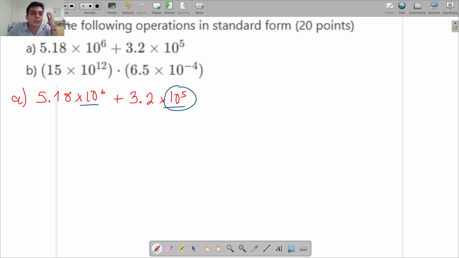So we have to make this one not 10 to the power of 16, we have to make it 10 to the power of 5, as well as this one. So to make that, let me show you a trick. Whenever you move right, what is going to happen is that the exponent will decrease. So it's not going to be 5.18 anymore. It's going to be